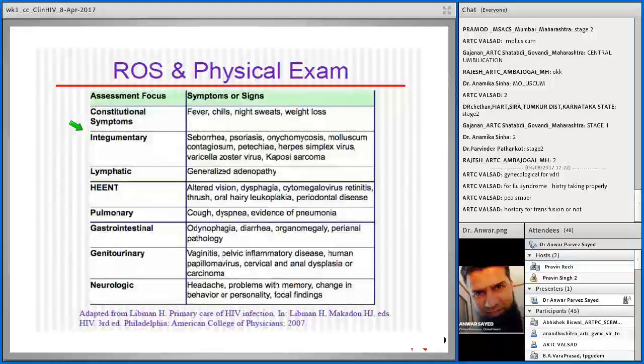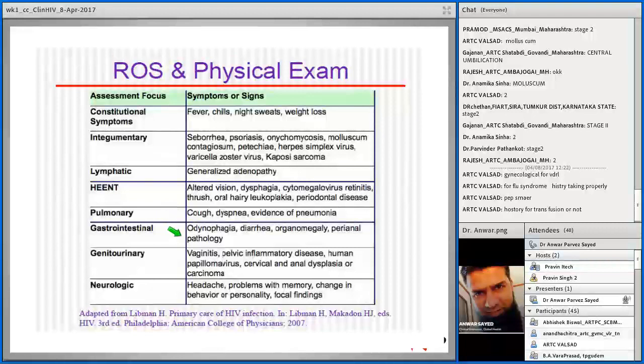So if you have 2 to 3 medical officers, divide your roles in terms of seeing new patients and follow-up patients. There are some categories of patients who will require more time. The first one is new patients. Second is immunological failure patients. Third is LFU who is brought back. Fourth is ANCs, who will require some time, at least initially, where we explain everything to those patients. HIV, TB patients also will require some time. So we need to plan our timing accordingly, so that new patients at least get enough time.